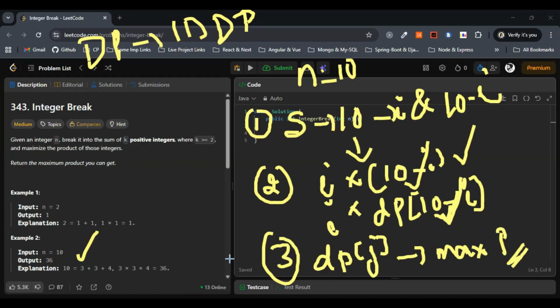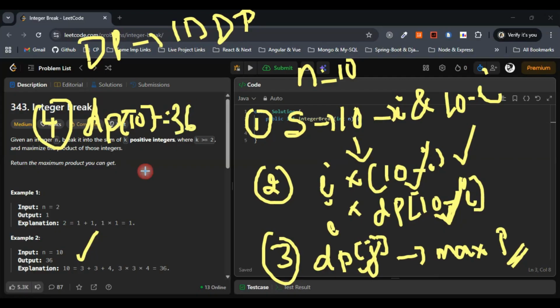This is nothing but the maximum product for the integer j. This is fine. The final step here would be to go with dp of 10, since n equals 10 has been given. So dp of 10 will give the maximum product, 36 basically. Here this gives the maximum 36 because we split this into 3 plus 3 plus